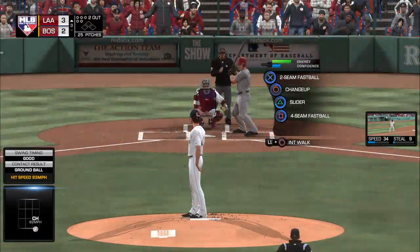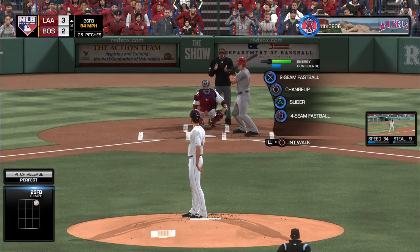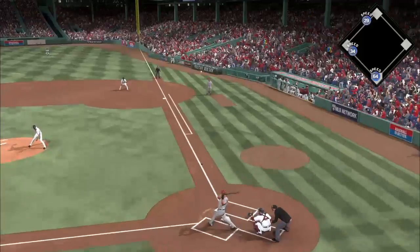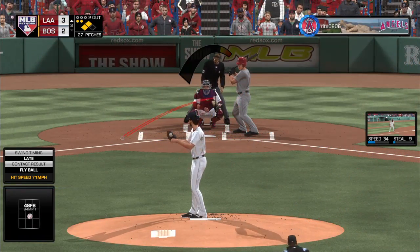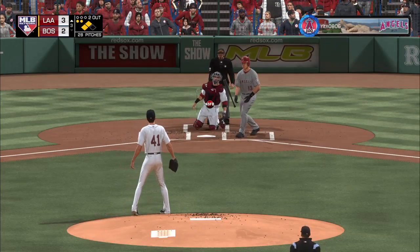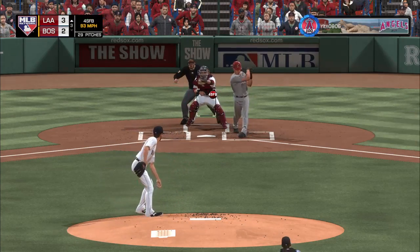Trying to pick things up where he left off. JT Realmuto. He'll try to follow up the double in his last at-bat with another big hit right here. A high fastball is in there. And this ball's heading for the seats down the right side as the count will move to 0-2 now. Runners at second and third with 2 gone. Again, he sends it out of play. That's probably not what he wants to do with 2 strikes right there with the fastball. He was fortunate he just fouled it off. And a big...